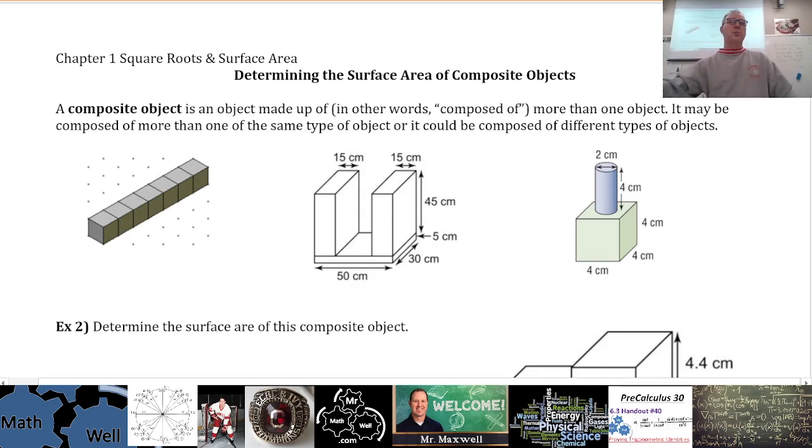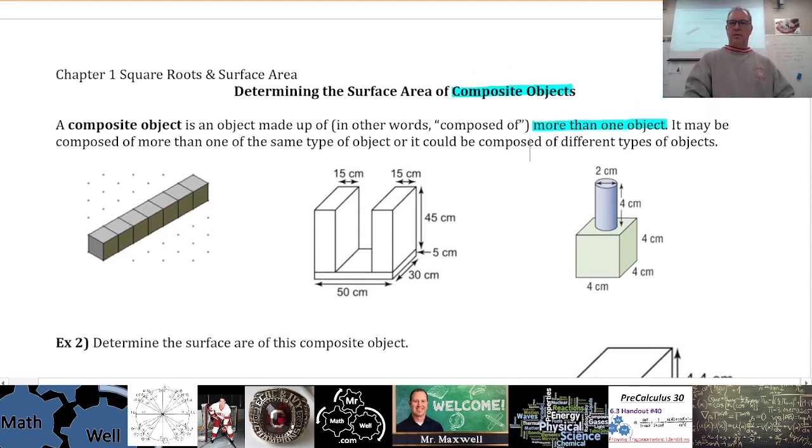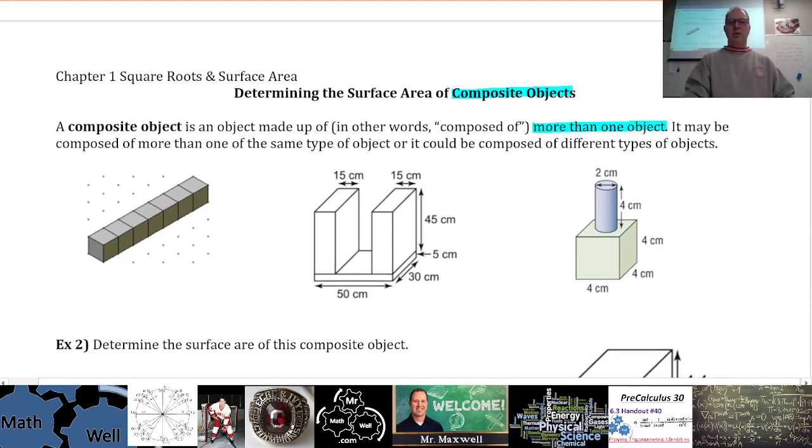So a composite object is made up of, or composed of, more than one separate object. Okay, that's what a composite object is. It's more than one object kind of stuck together or attached somehow. It may be composed of more than one of the same type of object. So we could have many different identical cubes, let's say, or we could have a collection of